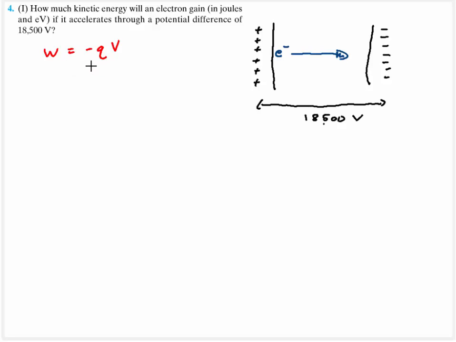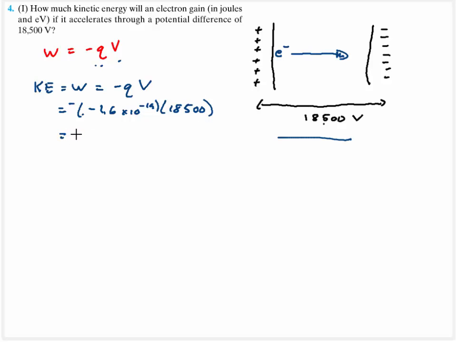The amount of work that it's done is going to be equal to the negative charge multiplied by the potential. And the work that this field does is going to be the kinetic energy gained by the electron. So the kinetic energy is going to be equal to the work done. So negative charge multiplied by the voltage. So negative, the charge is an electron, so negative 1.6 times 10 to the negative 19th multiplied by the potential difference of